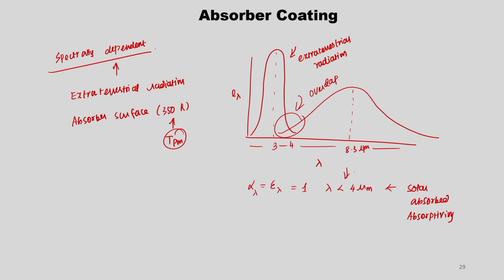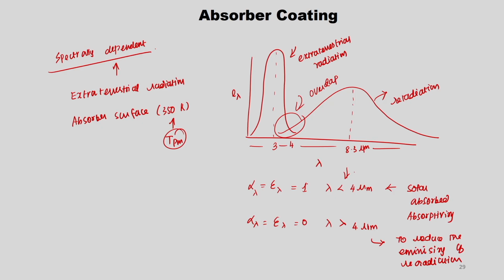At the same time, this is the re-radiation of long wavelength, right. So, in such case, alpha at lambda and epsilon at lambda should be 0 at lambda greater than 4 micrometer. So, this is to reduce the re-radiation losses, to reduce the emissivity of re-radiation,